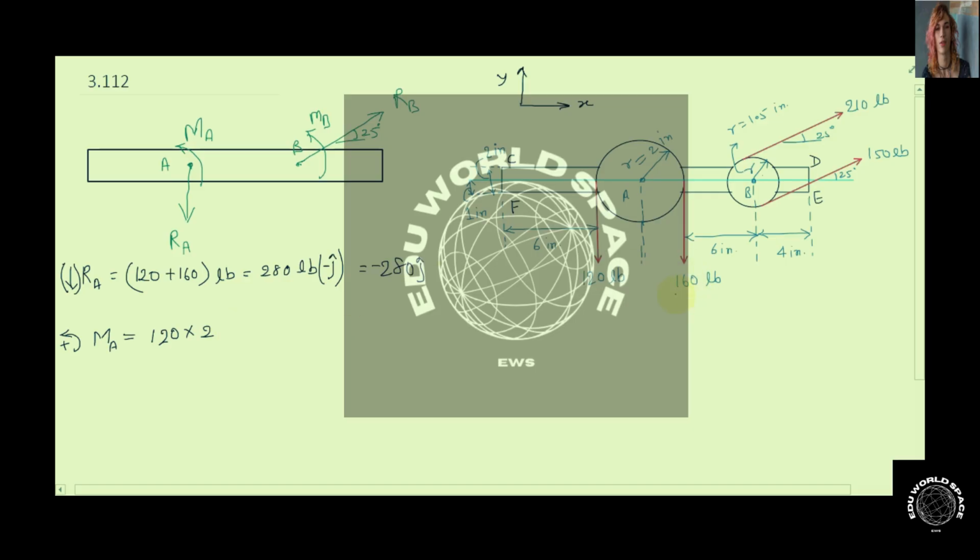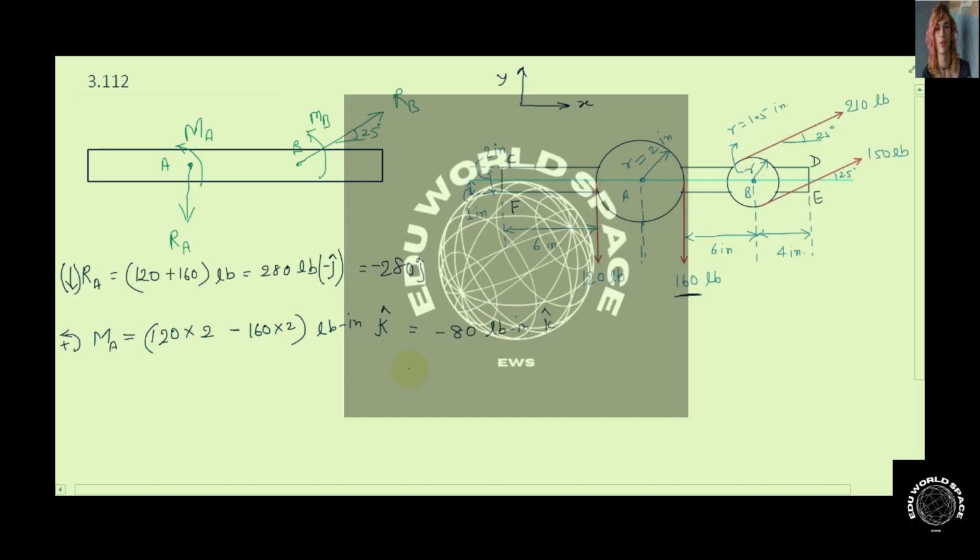Now the moment because of this 160 pound force will be in clockwise sense, so this will be minus 160 multiplied by 2. The unit of these moments will be pound inch, and since this is our xy plane, these moments will be in the k cap direction. So this comes out to be minus 80 pound inch